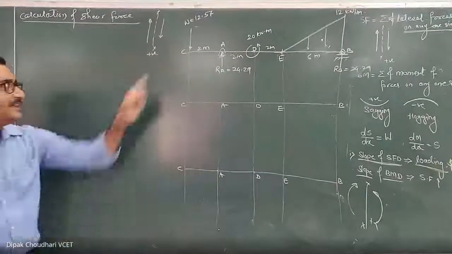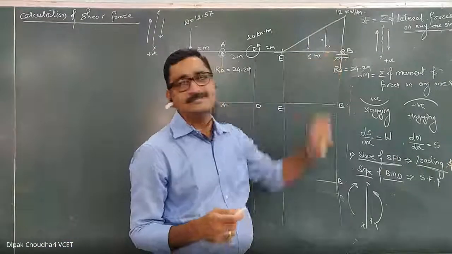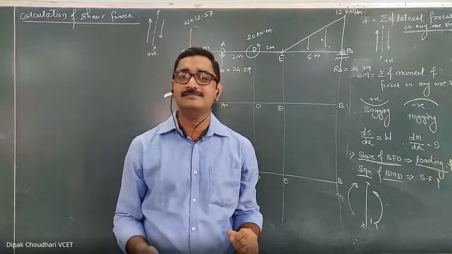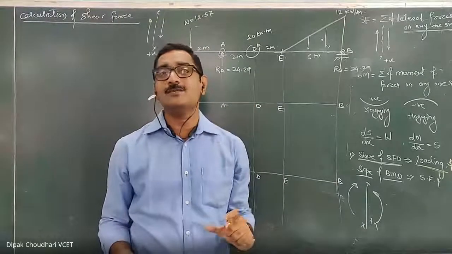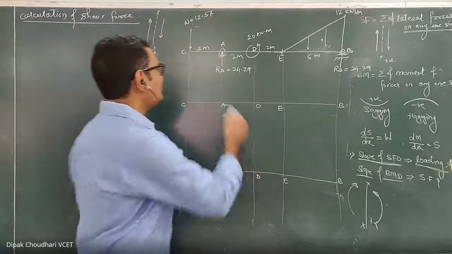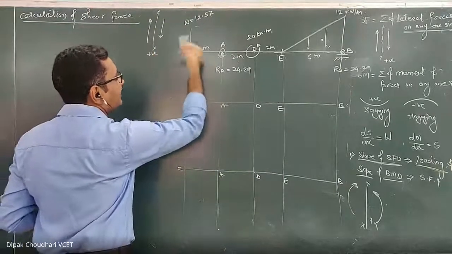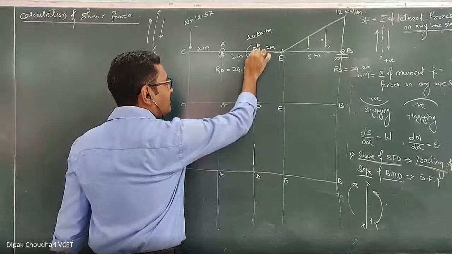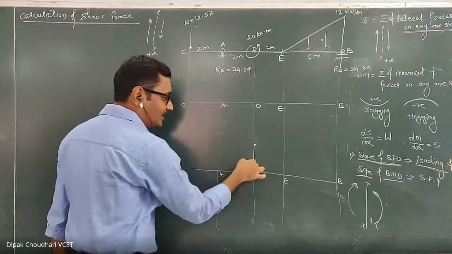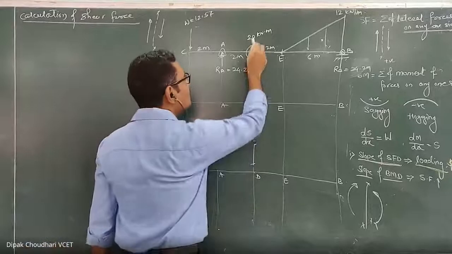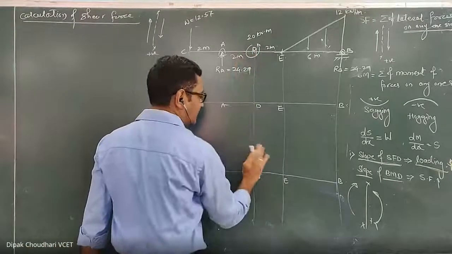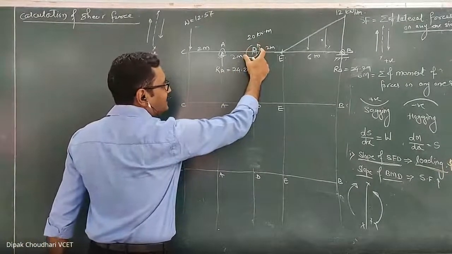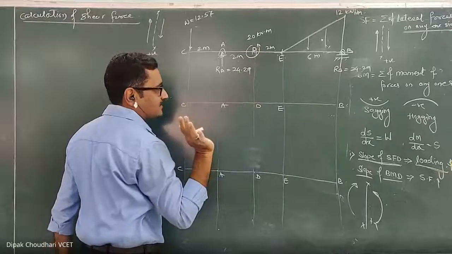Then I told you that whenever there is a point load in the loading diagram, the shear force value changes suddenly, which is reflected by the vertical straight line in the shear force diagram. So at that point, you will get two different values of the shear force. How you can get that? By taking the section on left side of that point load and right side of that point load. Same thing in bending moment, the vertical straight line will come whenever there is a moment in the loading diagram. So here again, you will get two different values of the bending moment. How you can get these two? Once on left hand side and once on right hand side, taking the section. Sorry, if any couple or moment is present in the system, it doesn't make any difference in the shear force diagram.